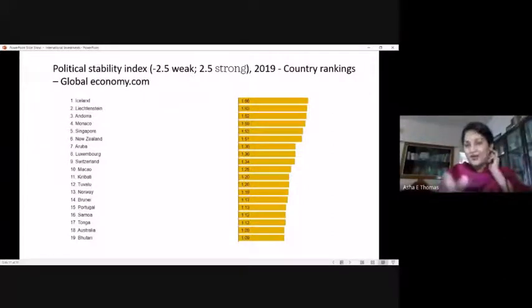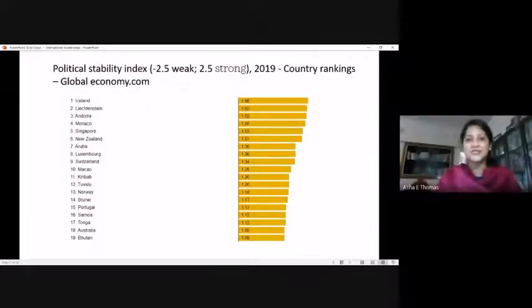This is just a political stability index that was published by globaleconomy.com recently in 2019. And the basic analysis was done with respect to political stability. And you can see none of the so-called popular developed nations have appeared over there. US and all, I think it is in 72nd rank. I've just taken the first 19. The list continues till 150 or something. And US and other developed economies are below the 50th rank. So these are some of the countries which have been marked as politically stable based on the indicators.